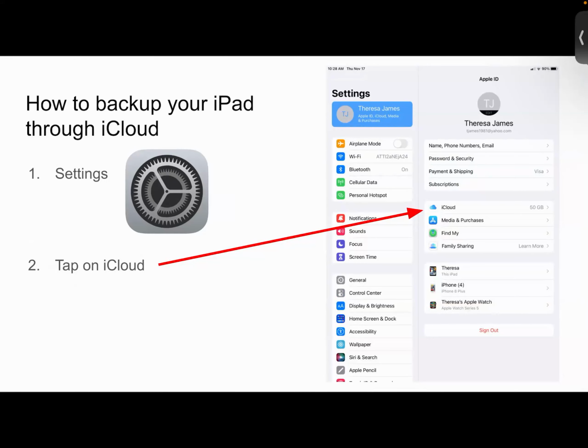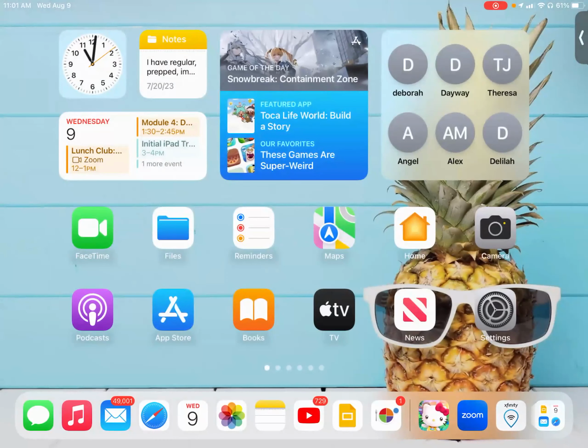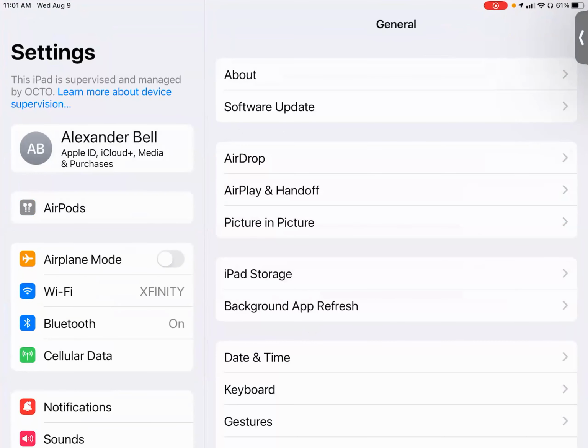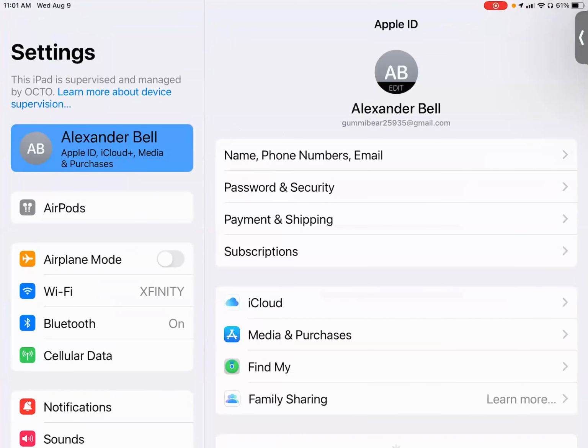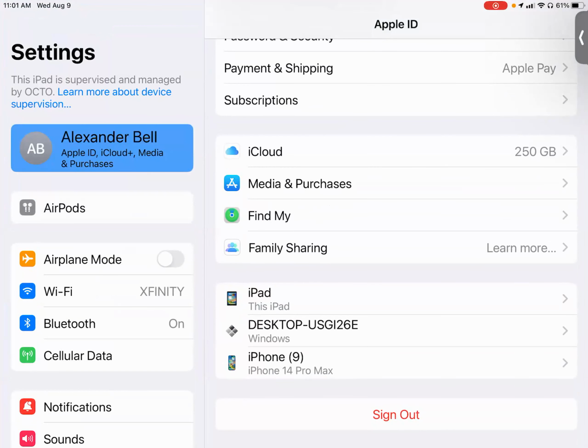So if I go to my iPad, hit my home button, I go to settings, that gray icon right here. And then I'm going to tap on my name on the top left-hand corner. That's how I'm going to access my Apple ID and iCloud settings. So I tap on my name, and then on the right-hand side, you should see it says iCloud.